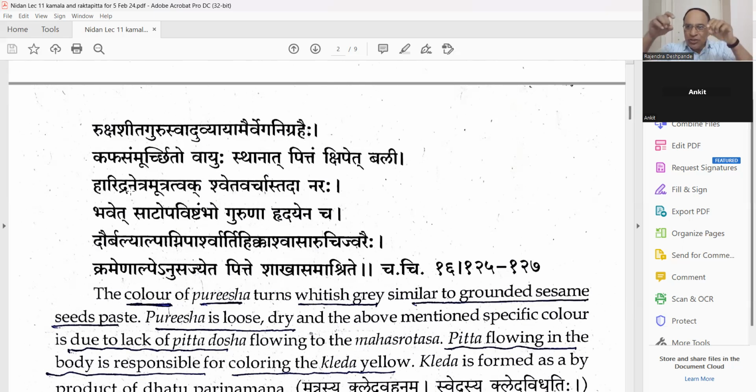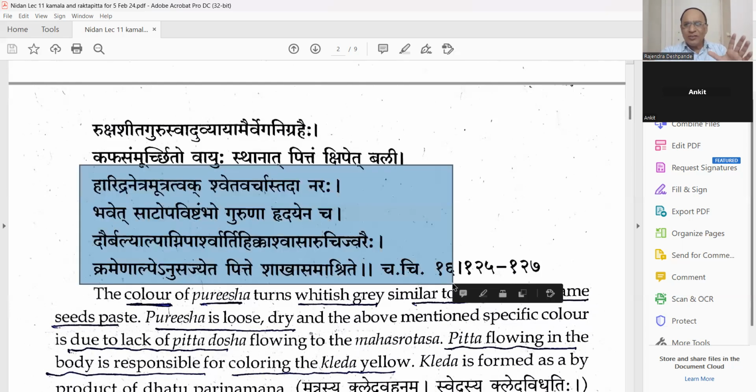To the eyes, to the nails, to the urine. So Haridra Netra here. Sclera. Sclera is white. It becomes yellow. This word is very important and easy to understand. Haridra Netra, Haridra Mutra, Haridra Tvaka. Very rarely does skin become yellow, but basically the nails, which are also part of the skin, and the Mutra, urine, which is called high colored urine in modern language. But your stool, varcha is stool, becomes shveta, like white.